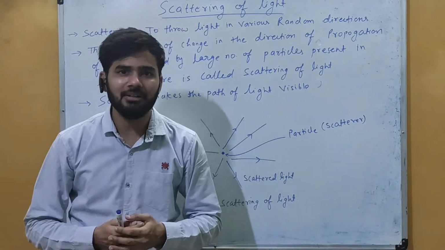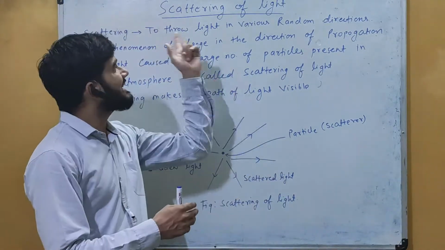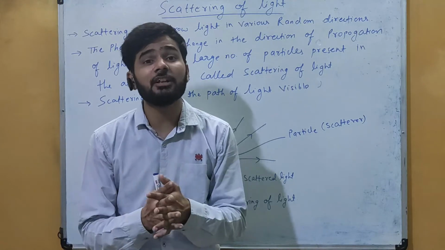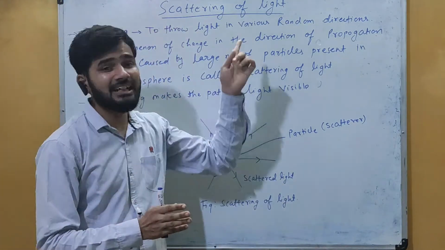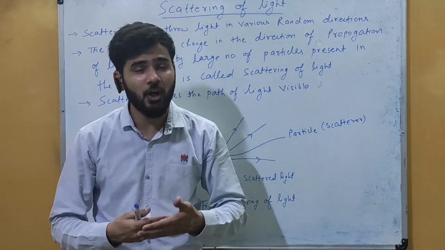We are studying our chapter one, The Colorful World. In this video, we will talk about the topic that is scattering of light. First of all, what does scattering mean? Scattering means बिखरना, मतलब light का बिखरना in various different directions, that is called the scattering of light.